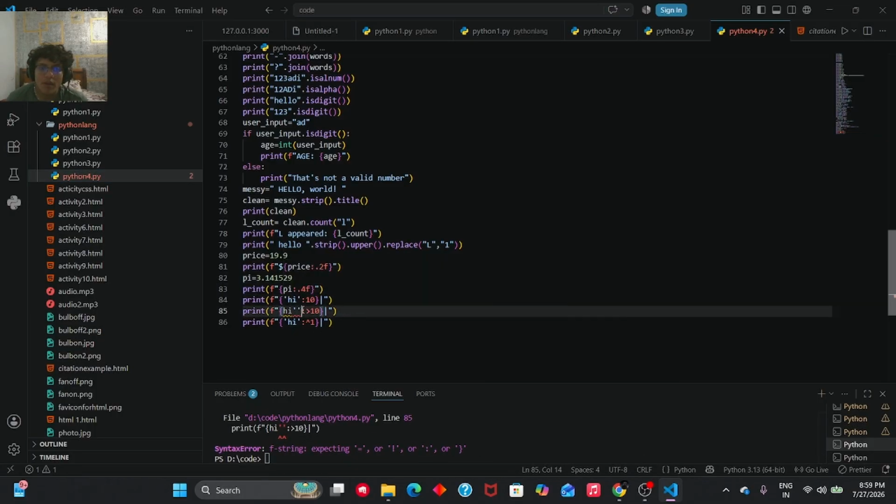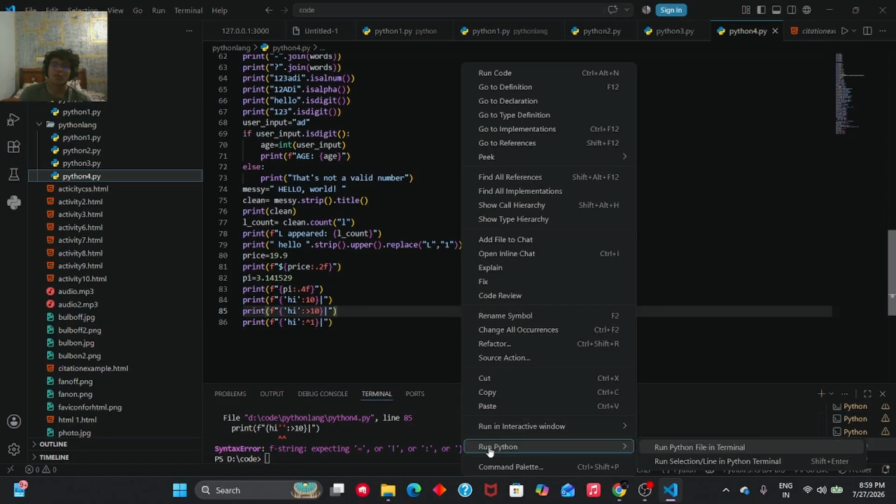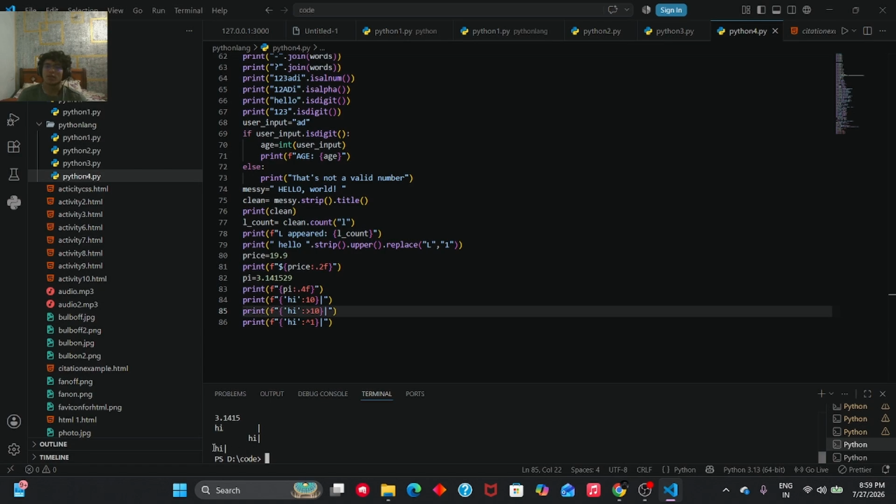See, ये यहाँ पे राइट अलाइन हो गया, ये लेफ्ट अलाइन हो गया, ये नॉर्मल स्टार्ट से दिखा रहा है इसमें।